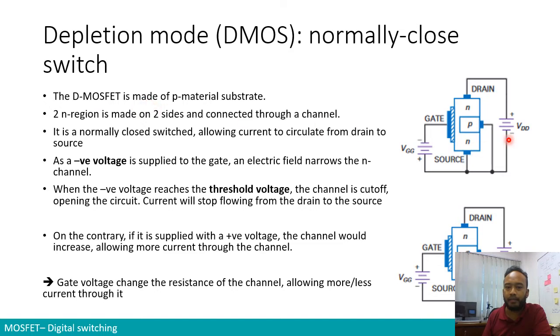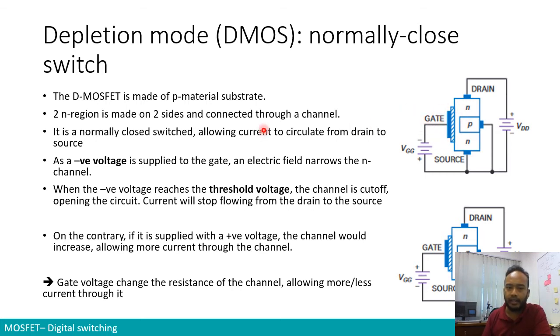So the MOSFET, as I mentioned just now, is made of a P material substrate. So here is the substrate material, the P material substrate. And then we have two N regions over here, and it is connected through a channel. So a channel has been made directly by the N material. So we have a P substrate and N regions with a certain channel. So it's what we call a normally closed switch. So we can see that the drain and source are connected through the channel,